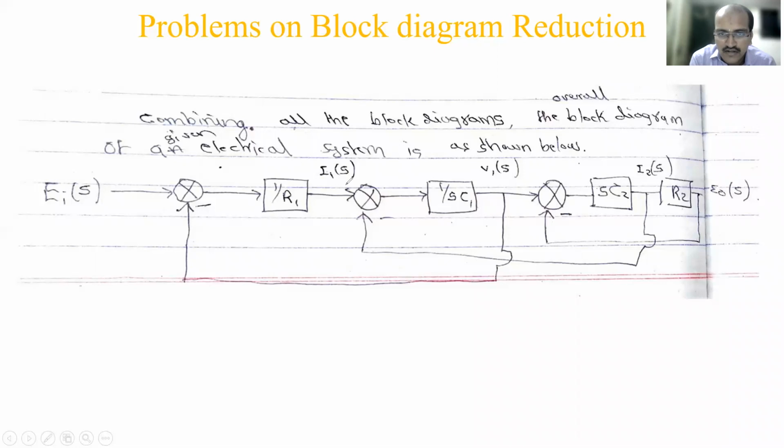So what I will do is move this summing point ahead of this block. You have studied those rules also: moving the summing point ahead of a block or before a block or after a block. That only I'm applying now. So when I do like this, what will happen? You have to take the reciprocal in this feedback path. When you are taking the summing point ahead of a block, you take the reciprocal. So 1 by R1 reciprocal means what you will get? R1, right? So that we are going to do.